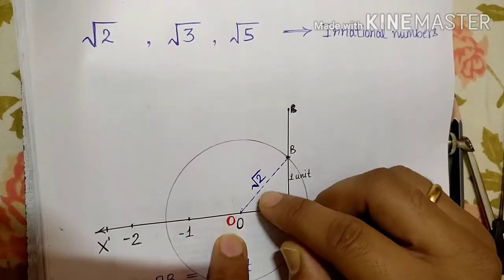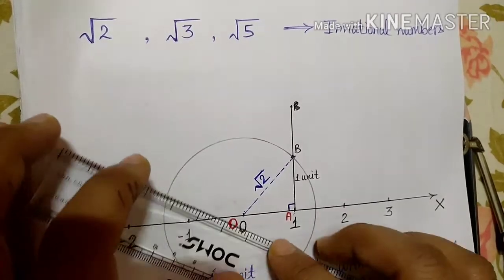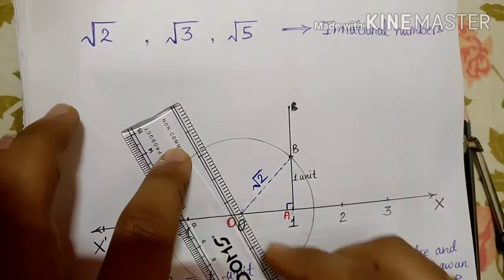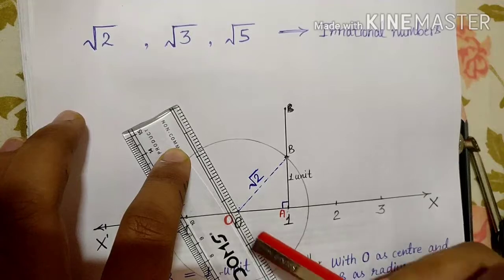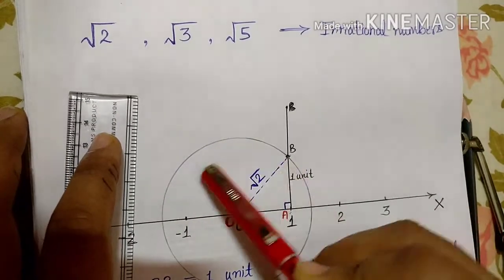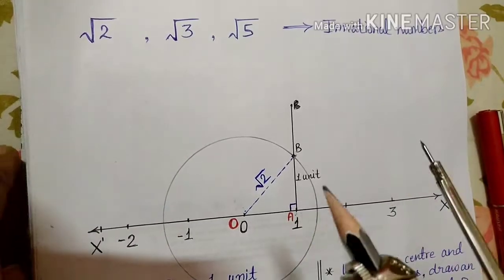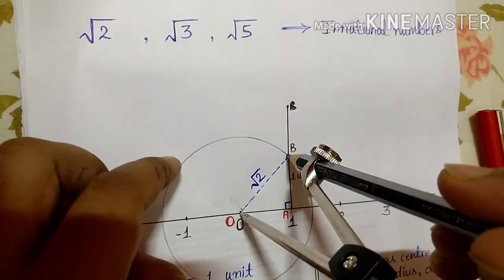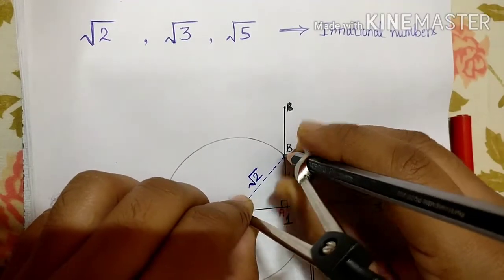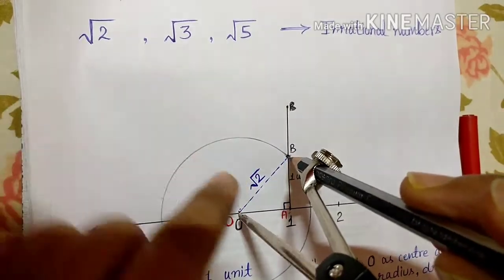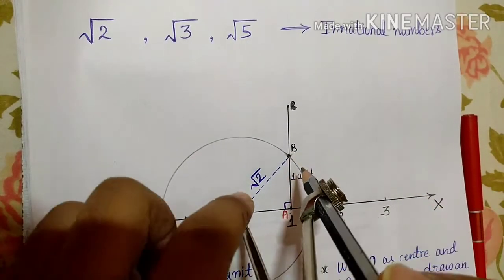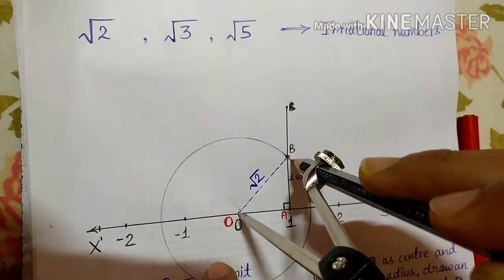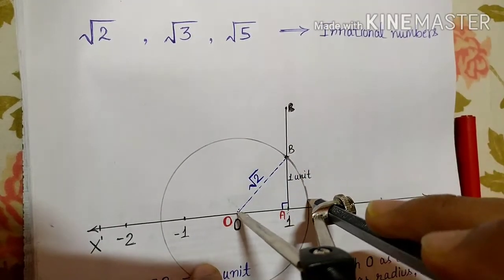So how much is our radius? Root 2. If I take this radius from here to here, this point will also show root 2. If I take it from here downside, this point will also show root 2. These are all of radius root 2 only. So if I take a radius equal to this line OB, which is root 2, I am going to draw an arc, because we want to show this root 2 on the number line. Right now it is not on the number line, it is here. So taking this radius, I am going to draw an arc, which comes like this.